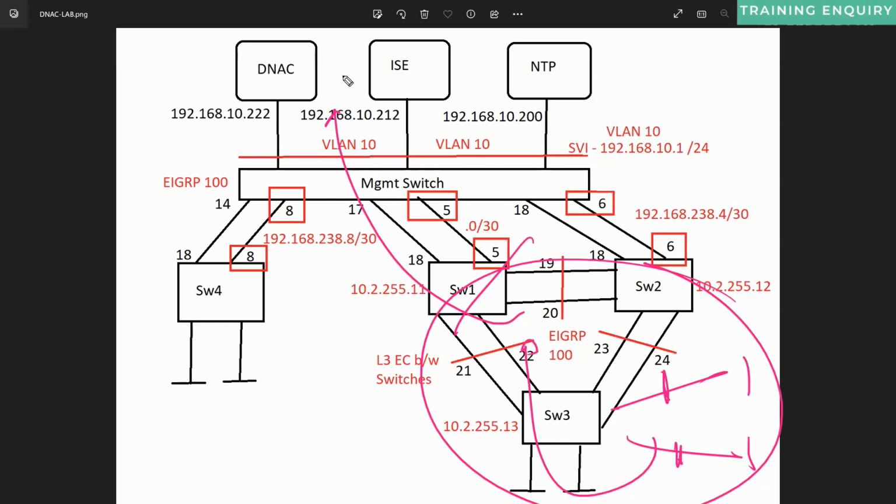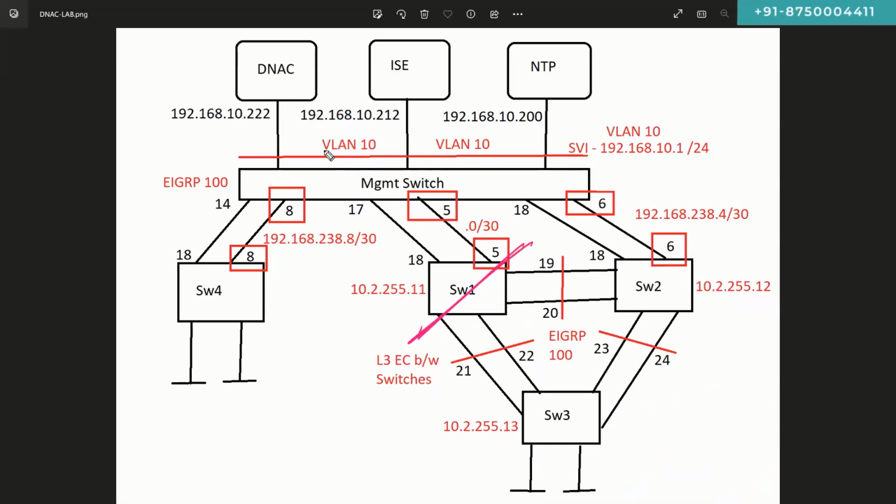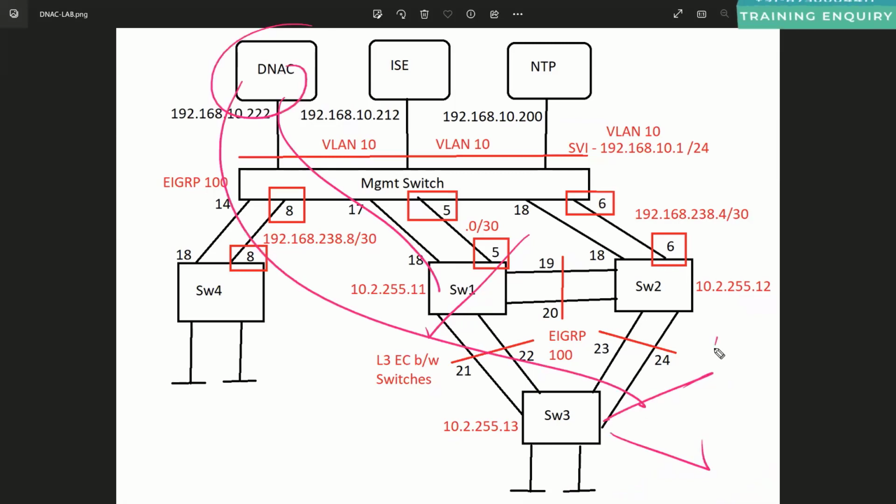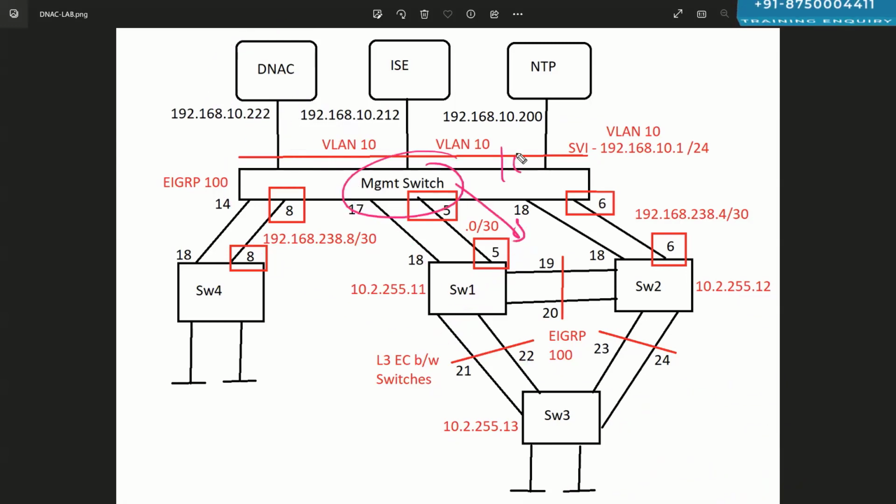From switch one to that DNAC. So switch one to DNAC, you need to make the reachability. Yes, of course. From switch number 1 to DNAC is already reachable. From the DNAC to here, you need to make the reachability. Whatever subnets are here, these subnets should be reachable on the DNAC. That's why I gave the entire route